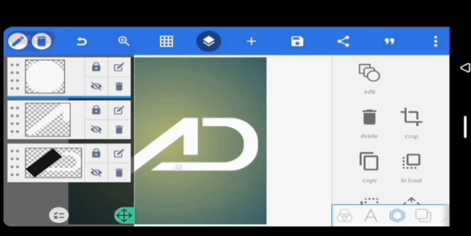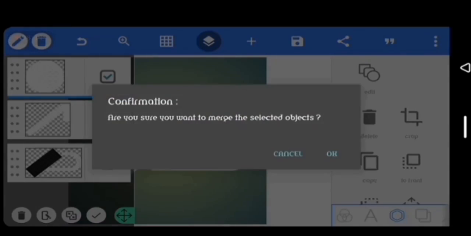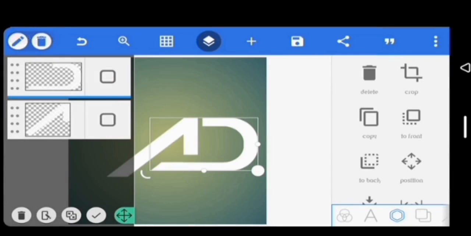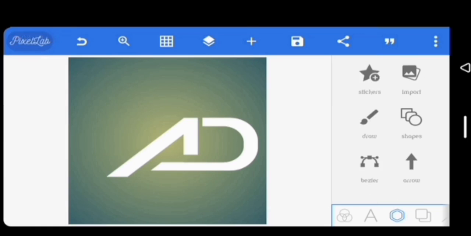So you click on the shape again, on the layer tools, then match the first and the last. I mean the D shape and the small circle we just did. Now merge it, then okay. Can you see that the black is not showing again? The black shape is not showing. So that is that. Then now we are left with